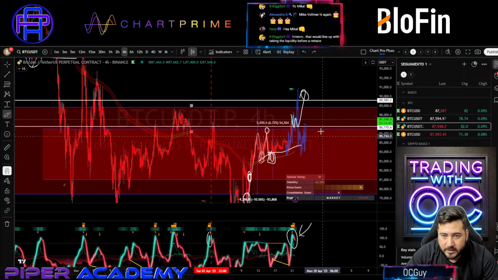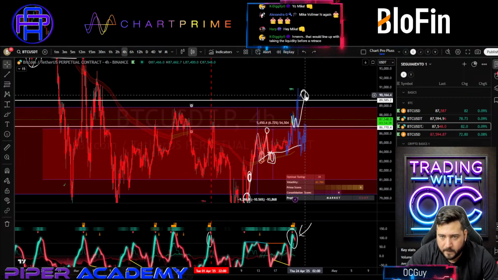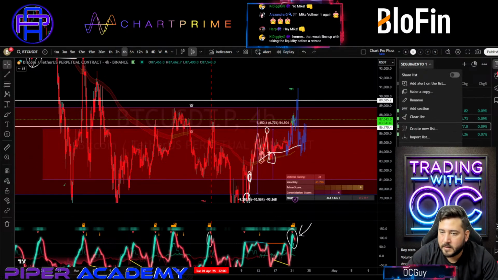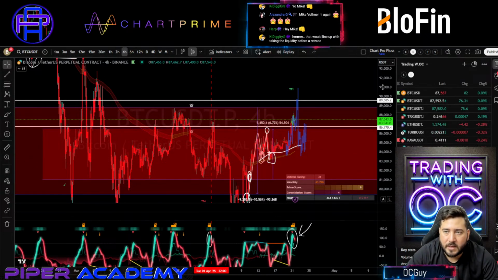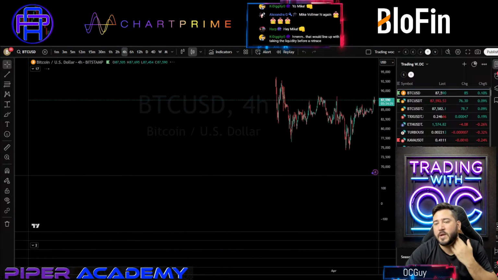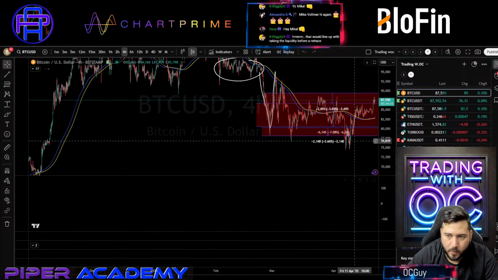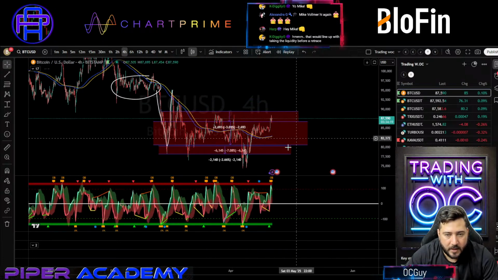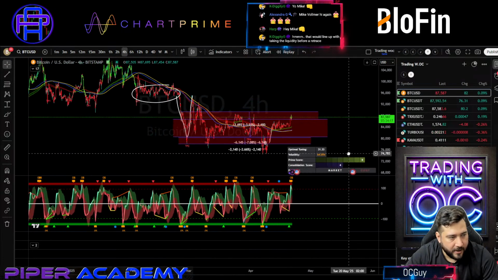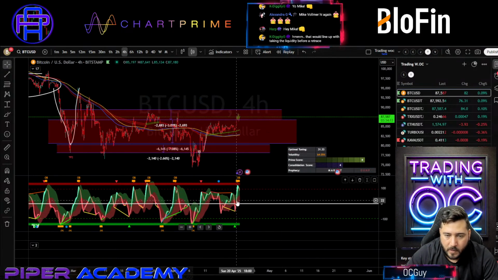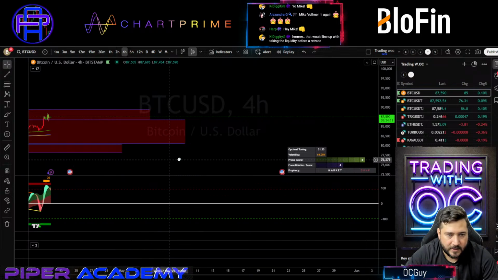Remember my smaller entry. Let me just bring it up here. Let me just remove everything. Let's go right here, trading with OC. And finally, let's also change our layout here also with trading with OC, so we have a cleaner setup to work with. All right, there we go. This is not only the range, or the pattern. We also are in reversal zones. All right, we have the goose head. Perfect.